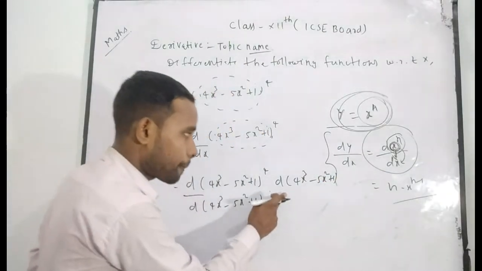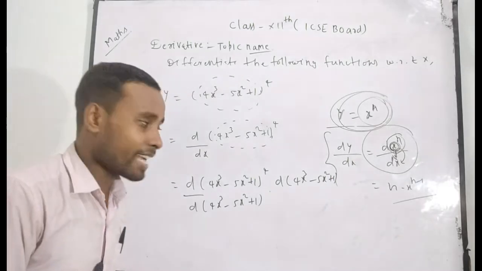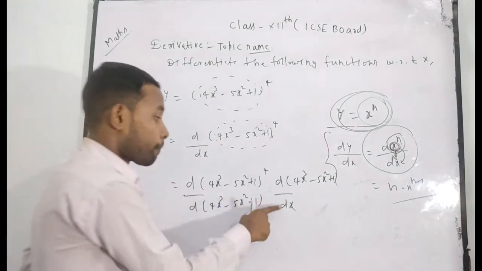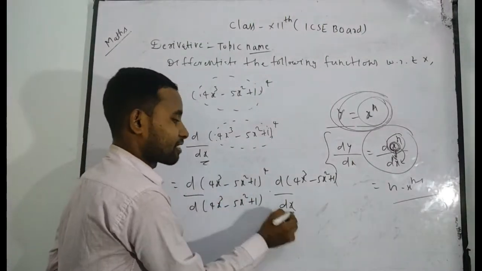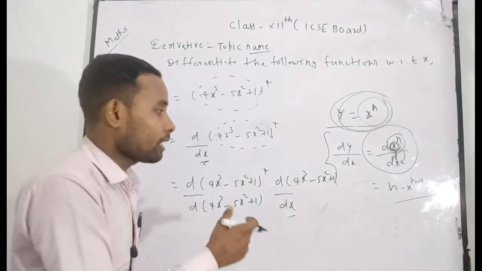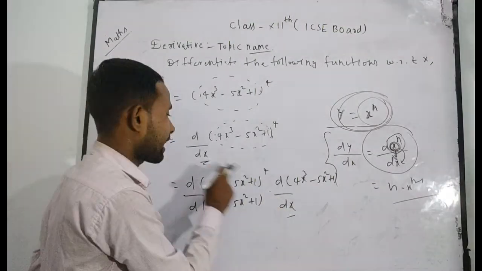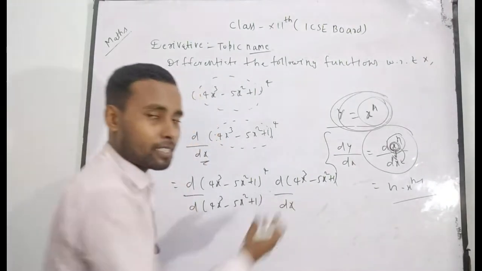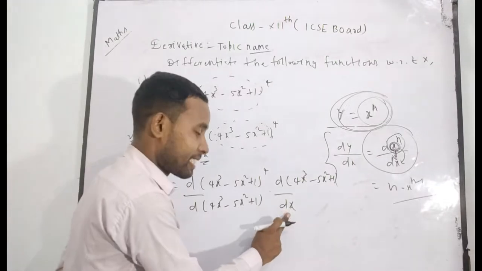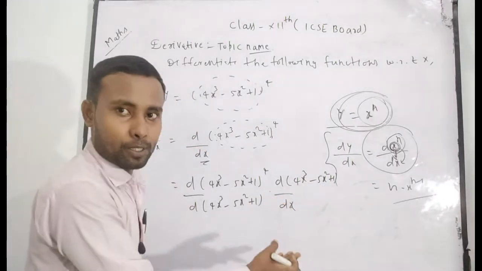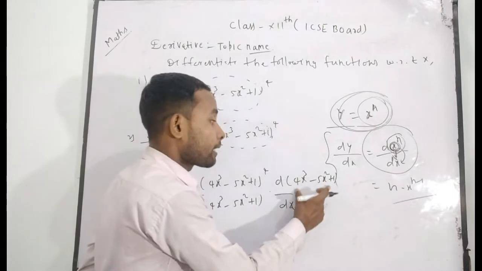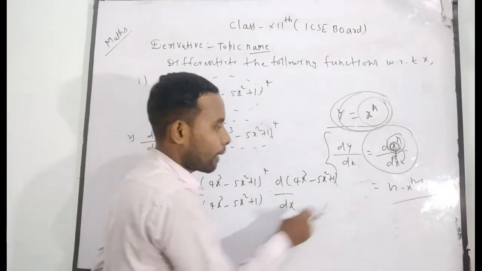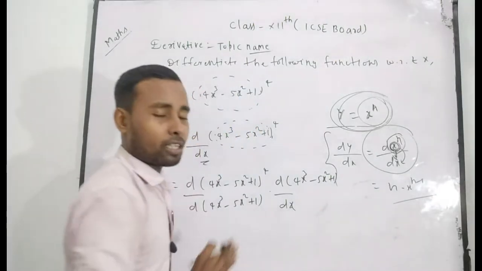Now, can you differentiate all this function with respect to x? Yes, I can differentiate. So I write dx. Now I again tell you, this dx is not a separate term. Only for convenience I said this dx, which means that this function can be differentiated with respect to x, so I have taken dx here. Suppose this function cannot be differentiated with respect to x. Then if it is differentiated with respect to another variable, you have to take that variable here. And thereafter, again in the final denominator you have to take dx.